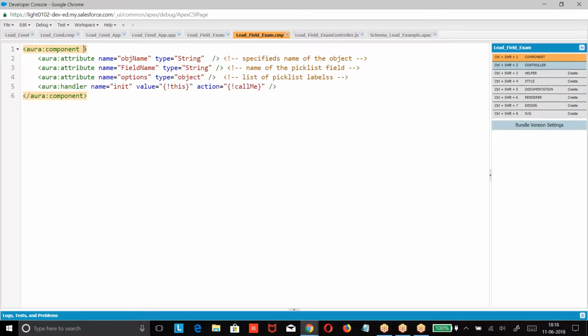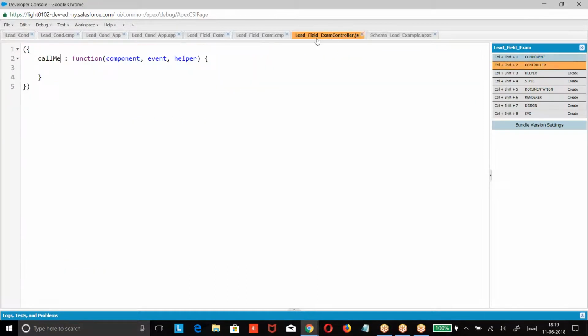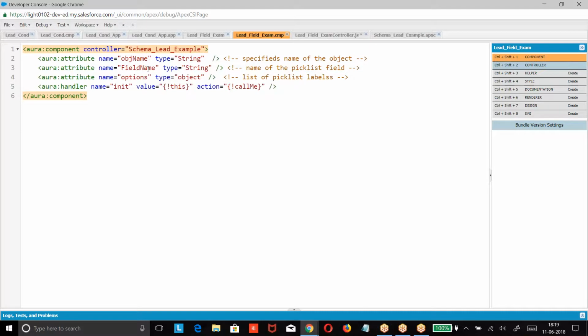Go to the component, define controller equal to, right? Then what is the name of the method? Get data. Go to this first, where object name equal to component dot get of v dot, whatever the name you have given, fetch the value of that name.